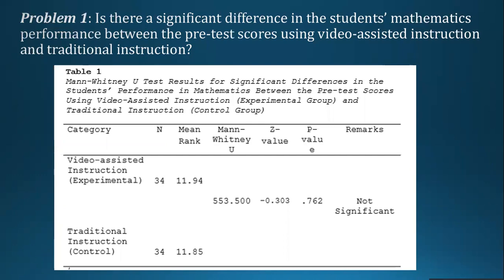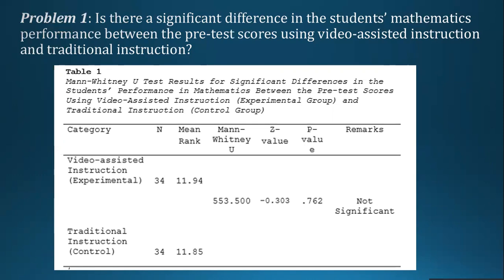So this is how we write our results in our research paper. So we have Table 1. We have Mann-Whitney U test results for significant differences in students' performance in mathematics between the pretest scores using video-assisted instruction, or the experimental group, and the traditional instruction, or the control group. So we need the data for N, the mean rank, the Mann-Whitney U value, the Z value, the P value,